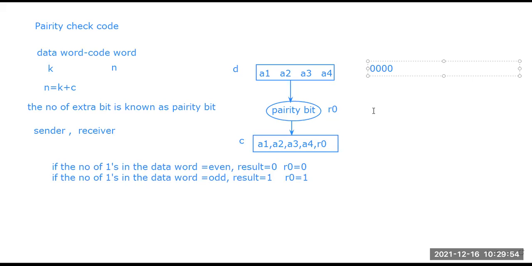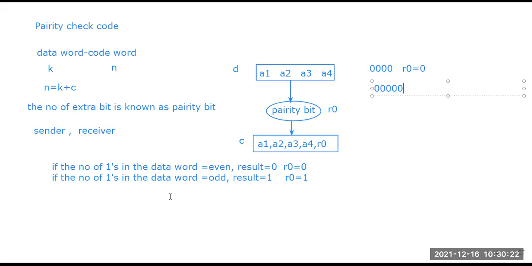If we find that there are no ones in the data word, all four are zeros, then we add a parity bit whose value R0 is 0. So after adding the parity bit, the code word will be 0, 0, 0, 0, and the extra added bit, the parity bit, is 0. The R0 value will be the parity bit, right?